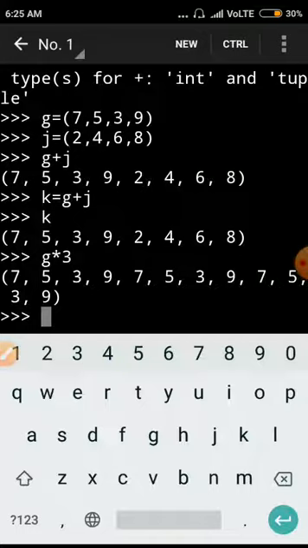replicating tuples. Now slice of tuple, if we want to access a particular element from the tuple, for that purpose we are using the slice.